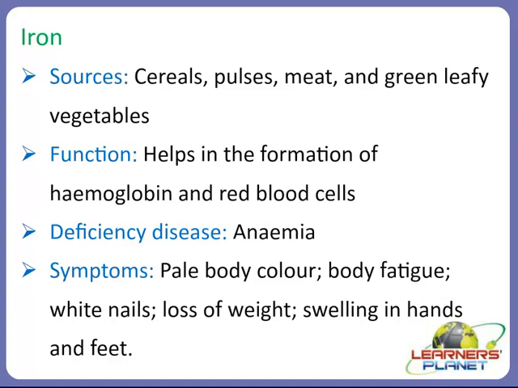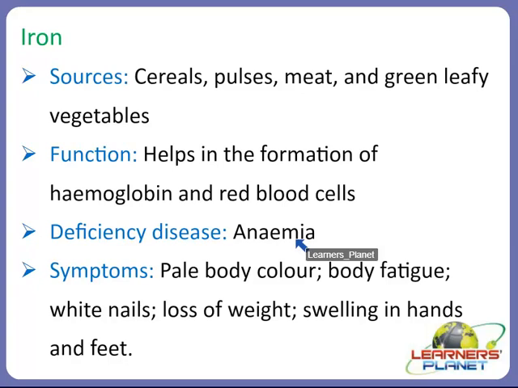We discussed the deficiency of vitamins above, right? In the same way, iron is a mineral, and there is one such vitamin because of which the deficiency disease anemia occurs. Try to recall. Yes, it was vitamin B12, right? It also helps in the formation of red blood cells, and the deficiency disease caused due to vitamin B12 is